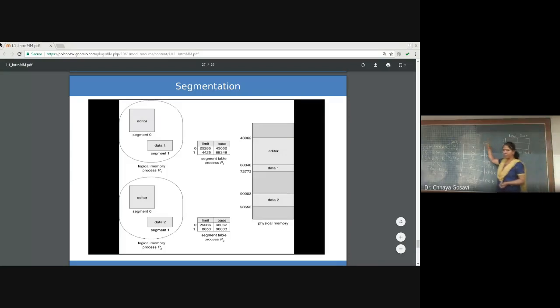Whenever the memory management unit picks up one segment and loads it into main memory, it has to note the starting address, which is called base, and the limit, which is the size of that segment. Size of the segment is 100. For P2, S1 and S2, base is 300 and limit is not 350, it is 50. Size of the segment. So, I'll just show you for P1. This is the segment table for P1.